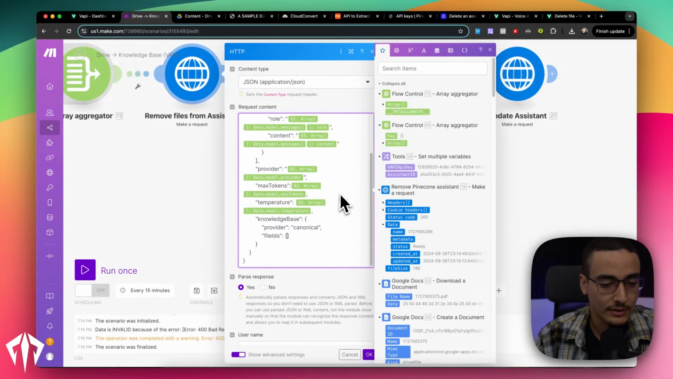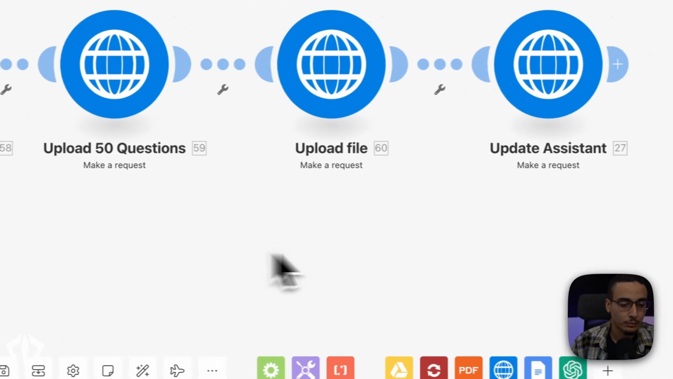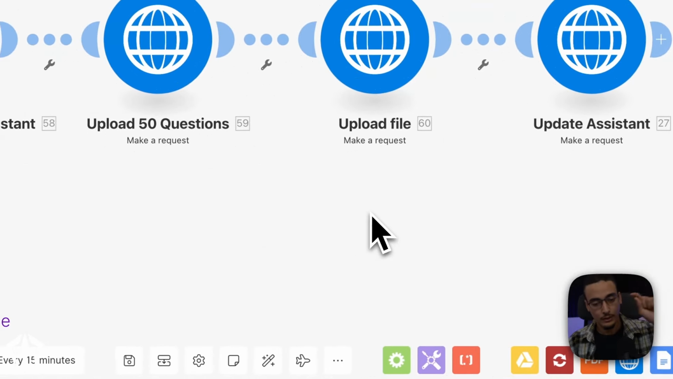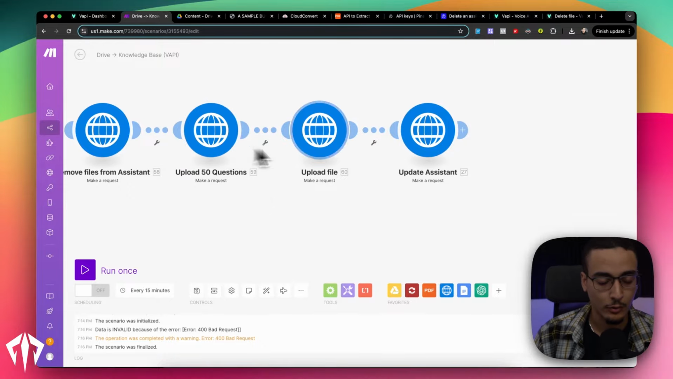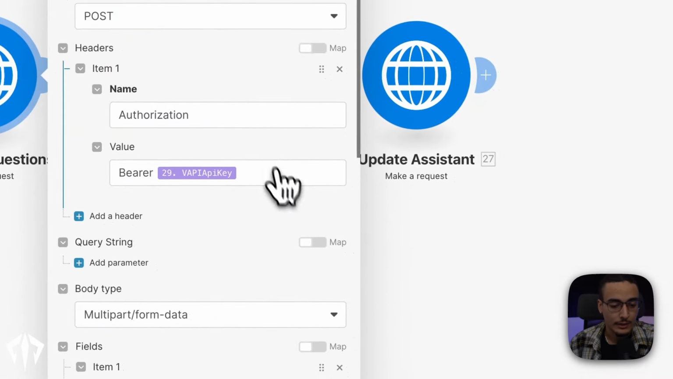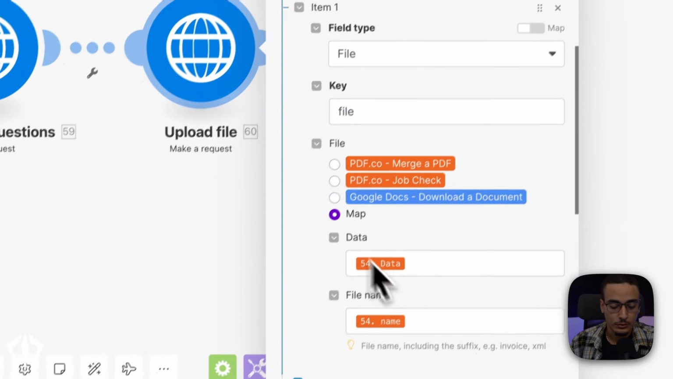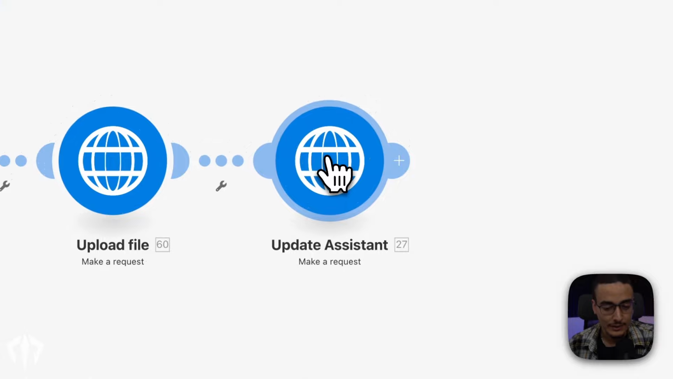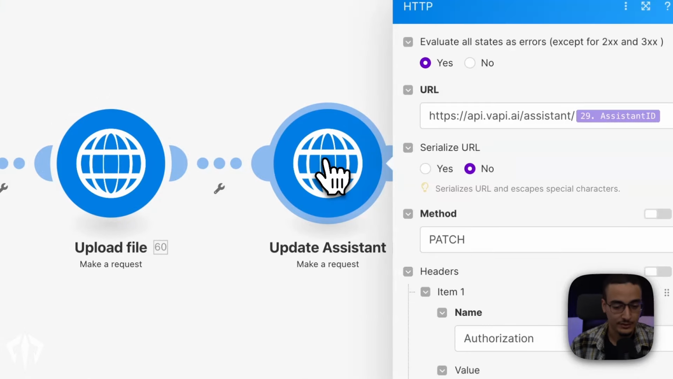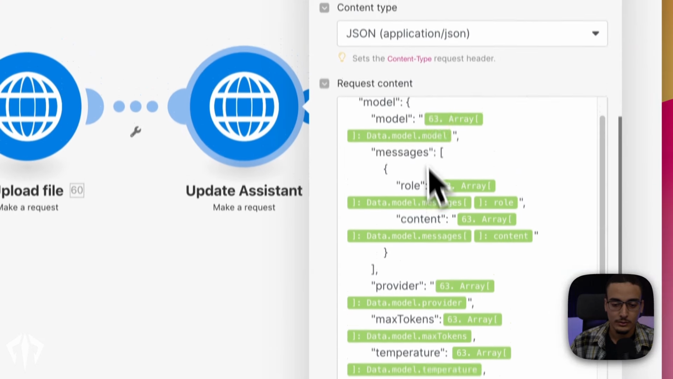Regardless, this is purely to remove the file IDs. Next portion is we have now sort of come full circle. We're doing the exact same thing we did earlier, which is uploading 50 questions, and then same thing, Google Doc. We're also doing the same thing right here, which is for the pdf.co. And lastly, we are updating our assistant using the patch method again, and this time, you'll notice if you scroll